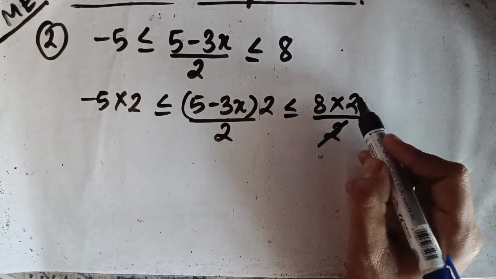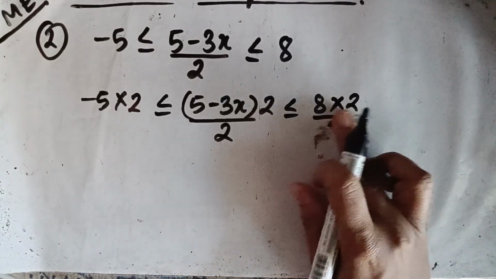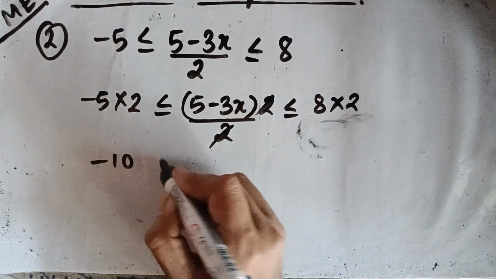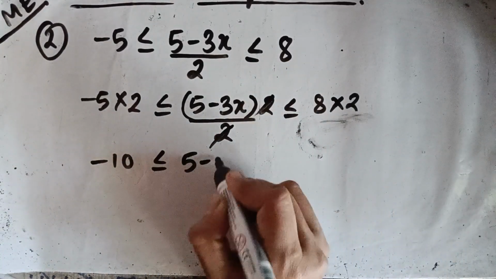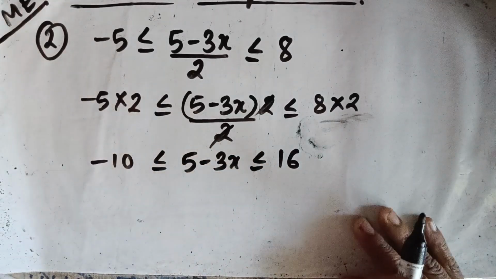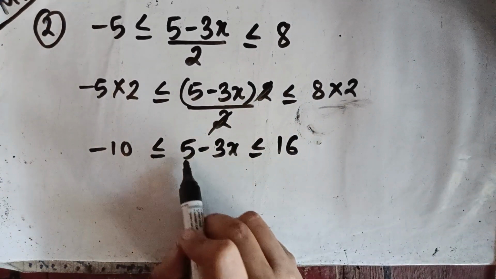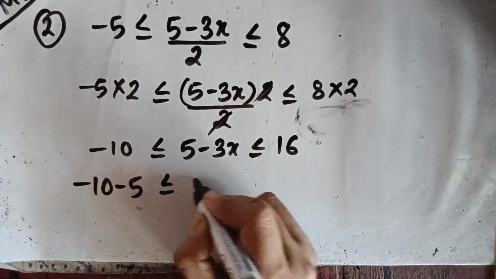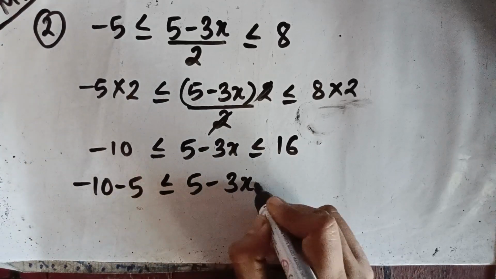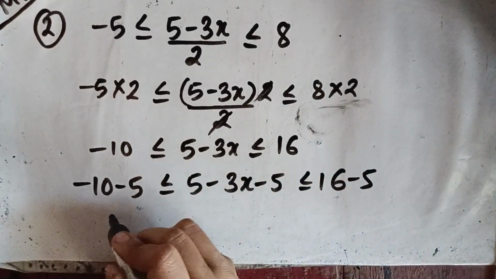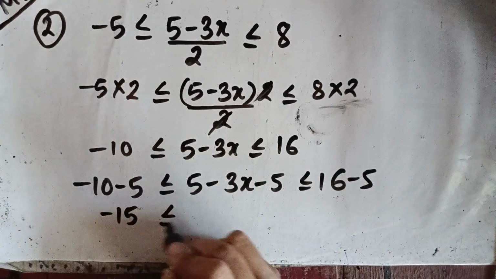So this is -10 ≤ 5 - 3x ≤ 16. Okay, now you remove this 5, so we have to write minus 5. So this becomes -15